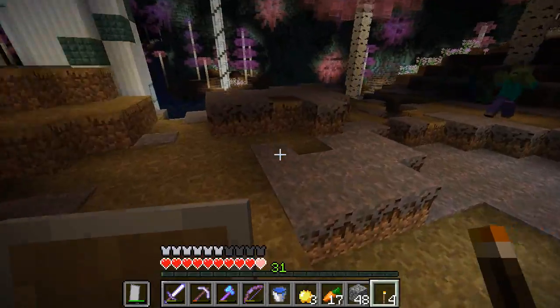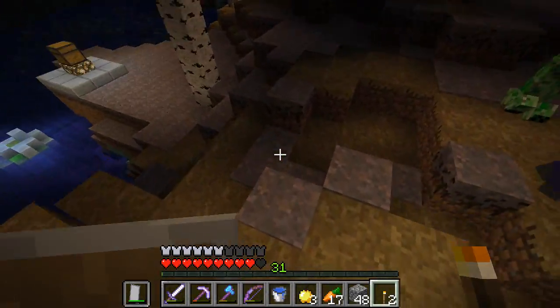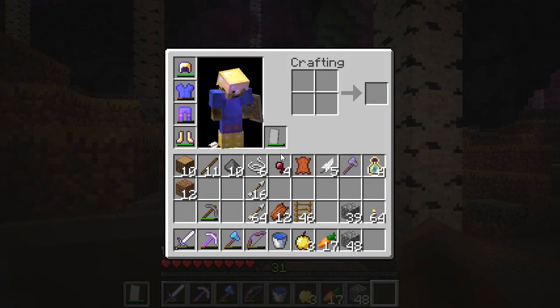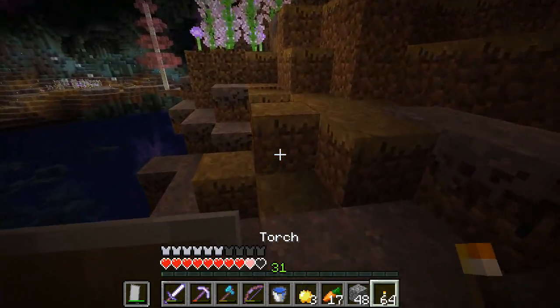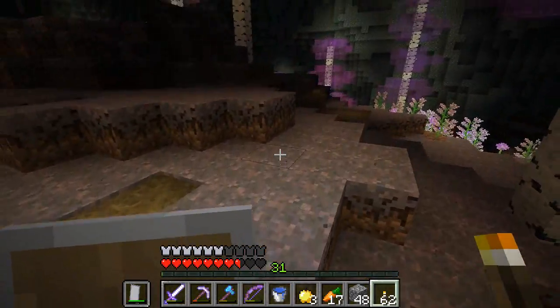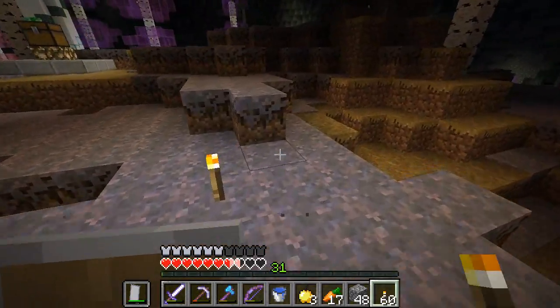All right, I'm down to 4 torches. I know I have another stack of torches in my inventory. I see a chest over here. It's out on a peninsula. Oh, crap. And so we're not going to open it right now because it would be foolish to kind of...